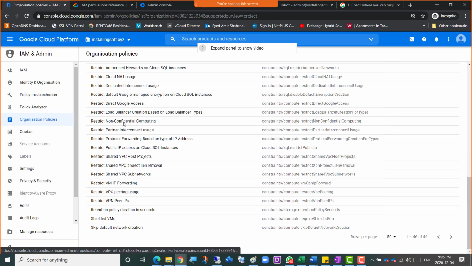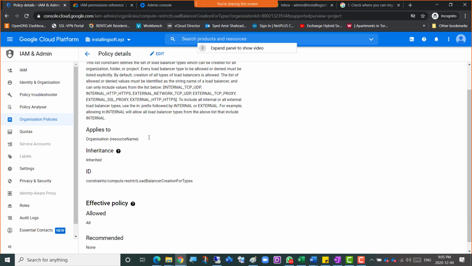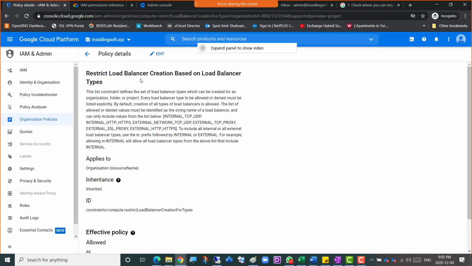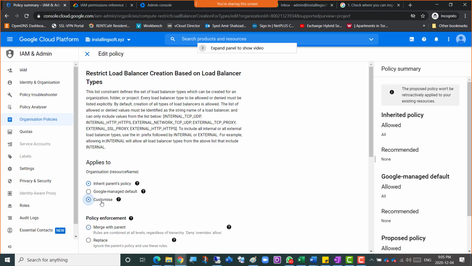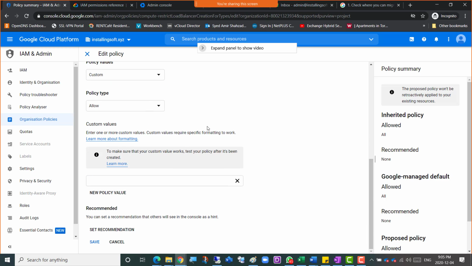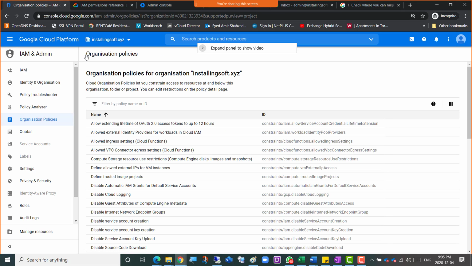Right? But if I go to some other random one here, load balancer. So the edit sign is there. What else can we do? We can't possibly do anything else other than, hey, is it allowed or not? And if I go edit, there are possibilities that you can do something else, but not much for this particular policy. Unless you click customize, and then it's again allow or deny. So whatever policy is there, we can edit it after we add ourselves to the policy administrator role or permission as well. If I go down to quotas here,